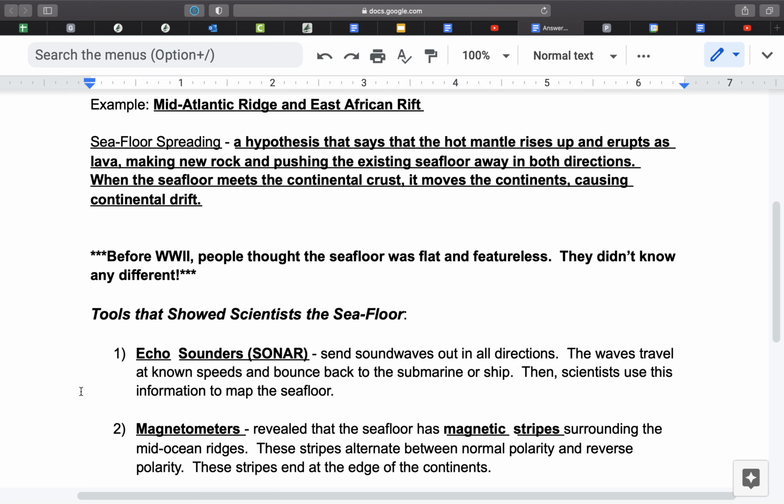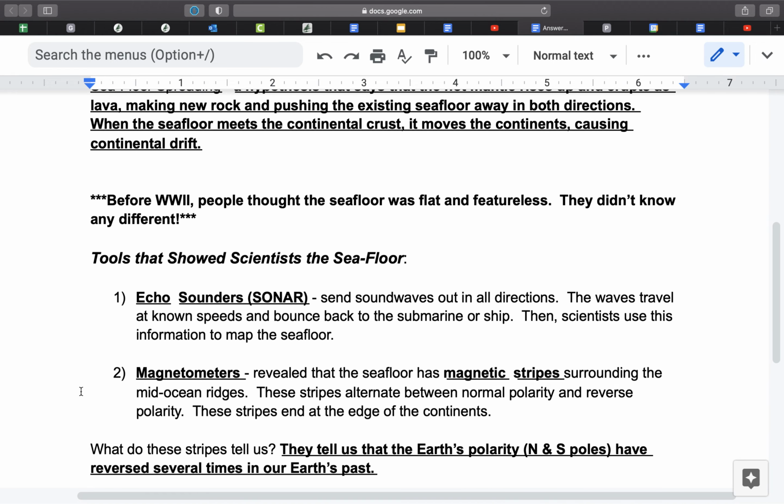And that's one of the ideas that led to this discovery of these things called mid-ocean ridges and seafloor spreading, which eventually helped modify that original continental drift idea into the plate tectonic theory that we subscribe to today. Another thing that when they found those mid-ocean ridges that they eventually figured out is that there are